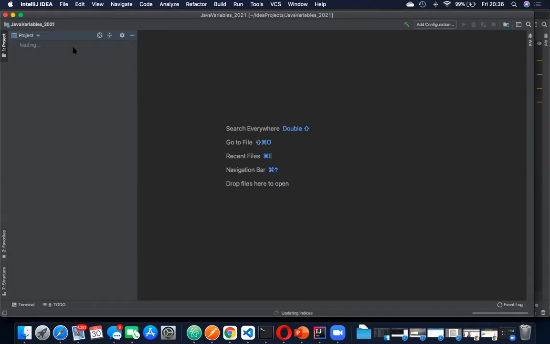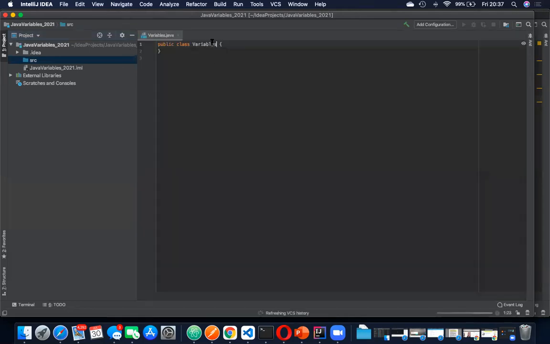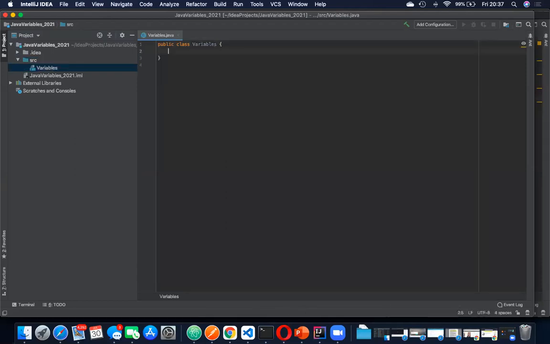And I'm going to create a Java file under the SRC. Call that Variables. Clicking on class, and this is getting created for me. Public static. And the first method